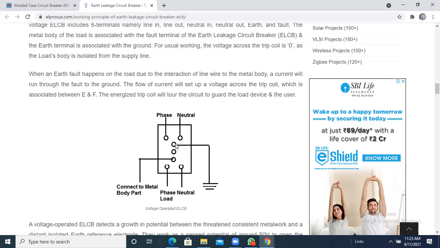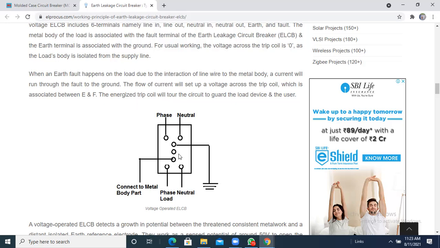How will it be avoided? If proper earthing is there, the entire current will enter into the ground. Ground has impedance 0. If impedance is 0, the entire current will enter into the ground. If some impedance is there, some resistance, then that current will enter into our body, not into the earth. So always impedance should be 0 for the earth. Proper earthing should be there in your house. If earthing is not proper, the current is not grounded and it will enter into our body.